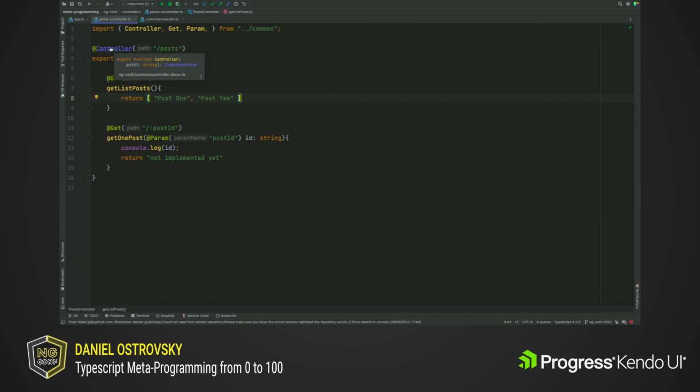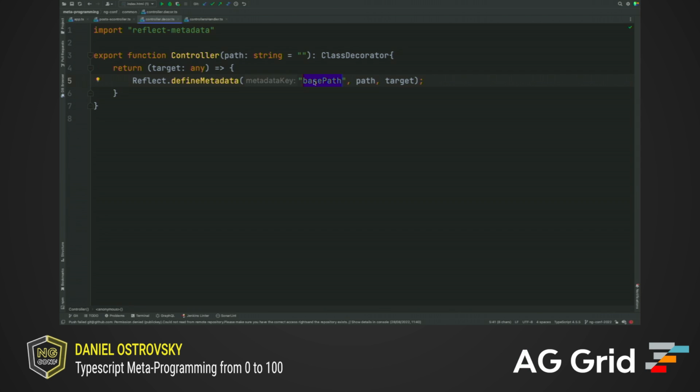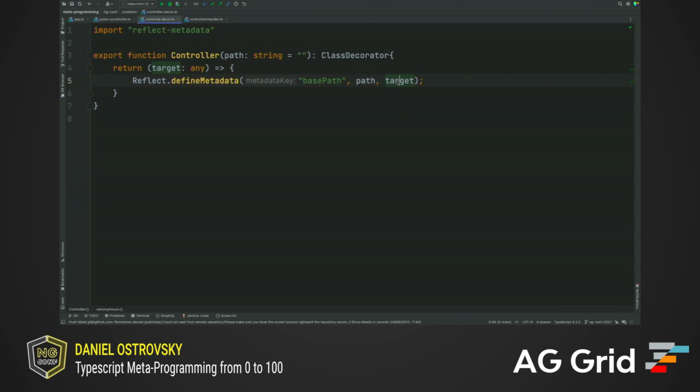And for these decorators, for example, in controller, all I'm doing is defining new metadata on my class. I'm providing my own key, called base path, okay? The value comes from the decorator, posts, and the class itself is where I want to save this data.